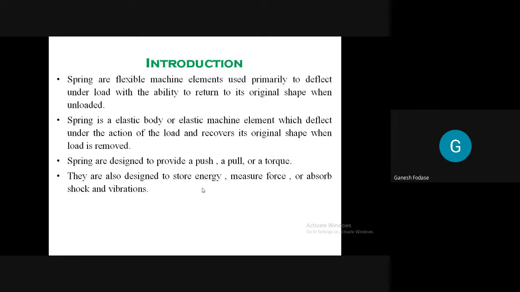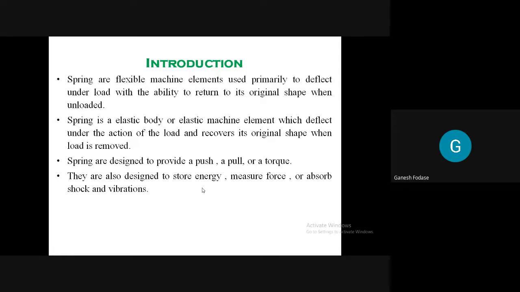Watch. Yes. Or where it is used? Anyone? Watch, clutch. Okay, watches, or we can say clocks. Any other application where spring is used to store energy? Clutch. Yes, it stores energy, but it is also used to apply force. In the case of a clutch, force is applied. Also in dampers or shock absorbers.